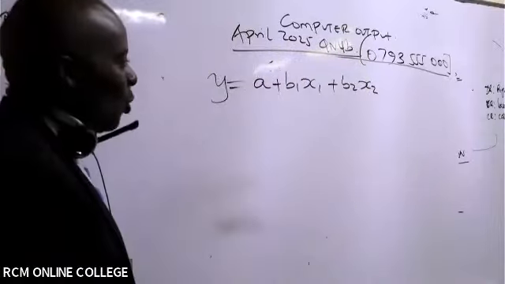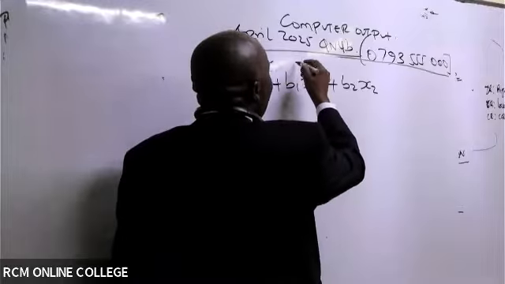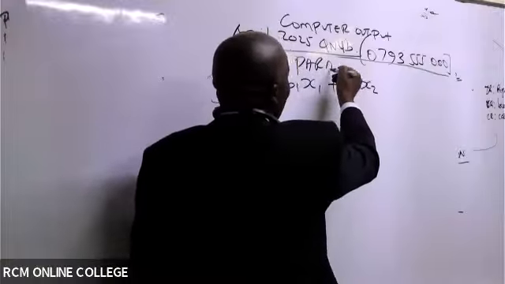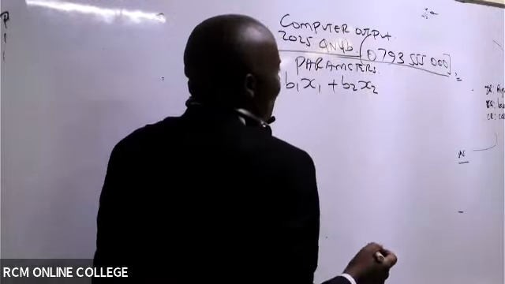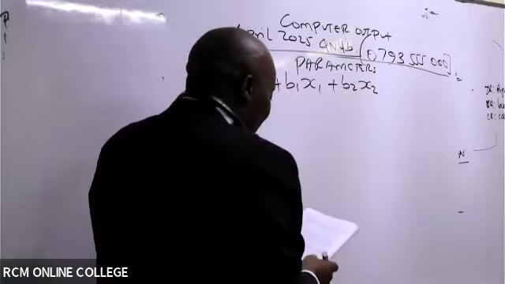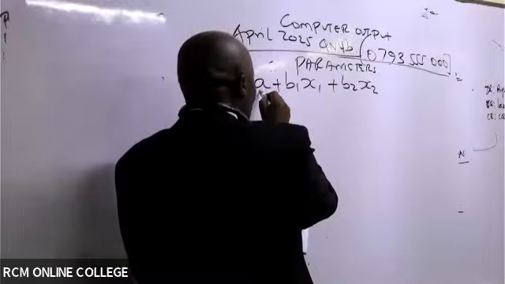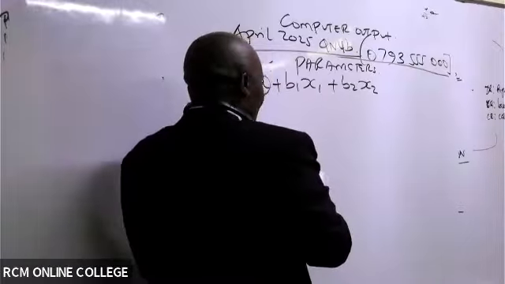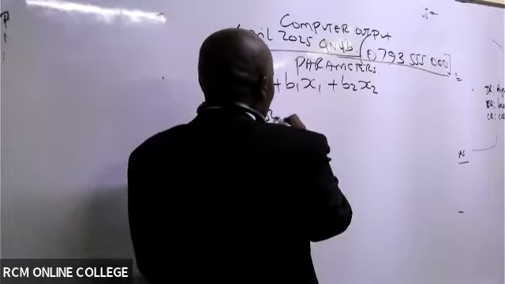Now, remember, we call these ones parameters. In these parameters, automatically, this will be the constant coefficient or the intercept, isn't it? So are you able to see the parameters there? For the intercept A, they're giving us